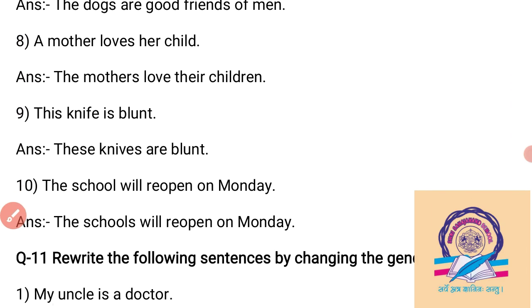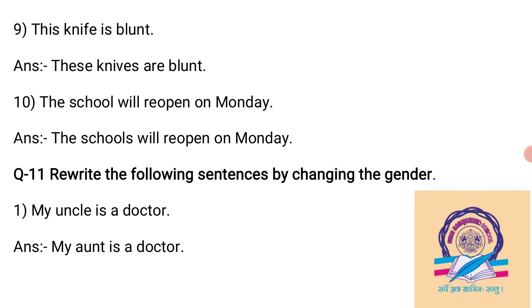Then the ninth example is given here. This knife is blunt. So this changes into these. Then knife, for making the plural, we have to remove f or fe at the last. Then we have to write ves instead. So knife changes into knives, is changes into are, then blunt is not a noun, so there will be no change